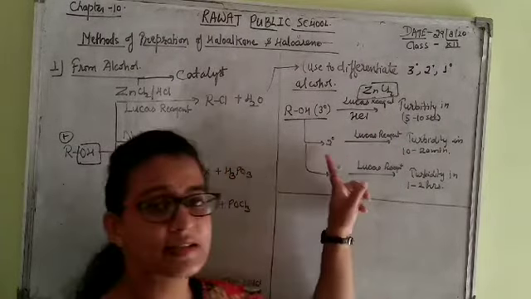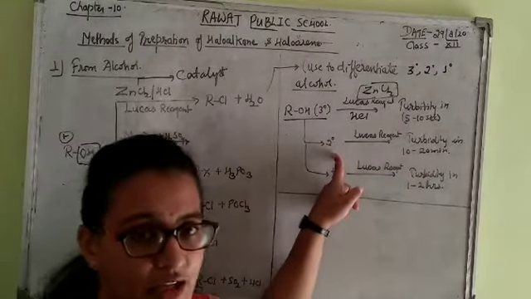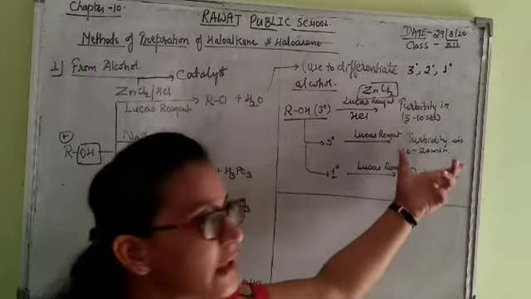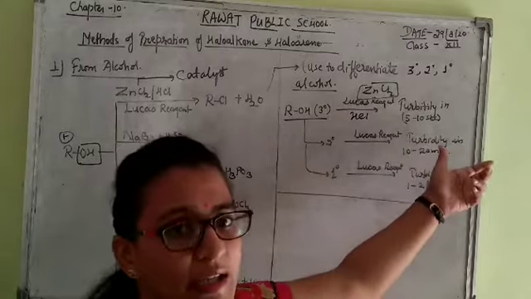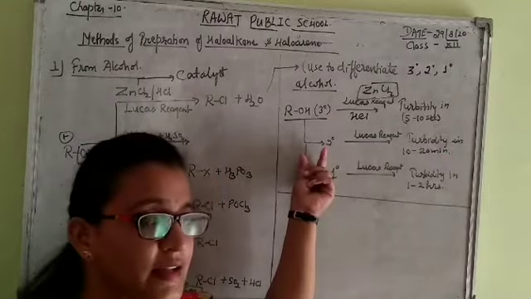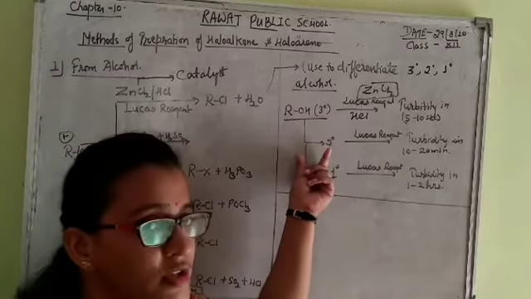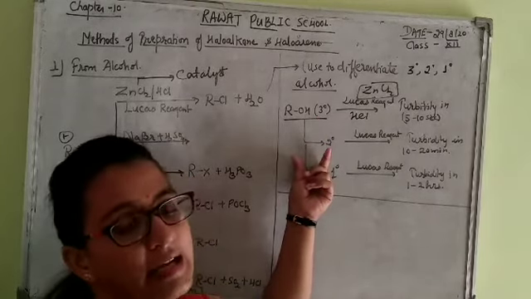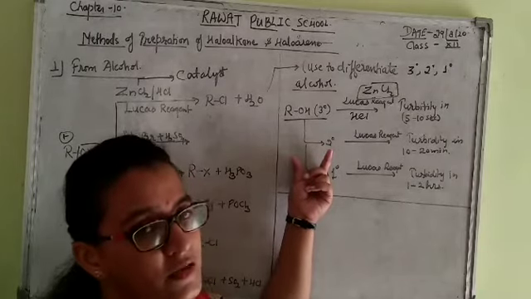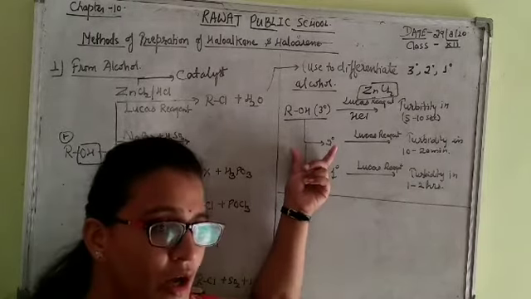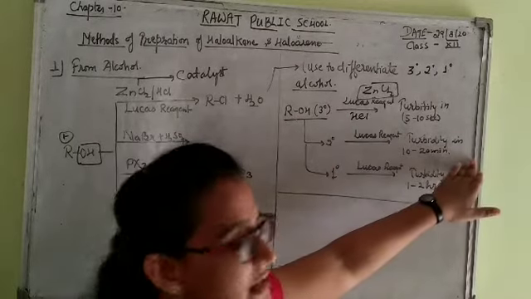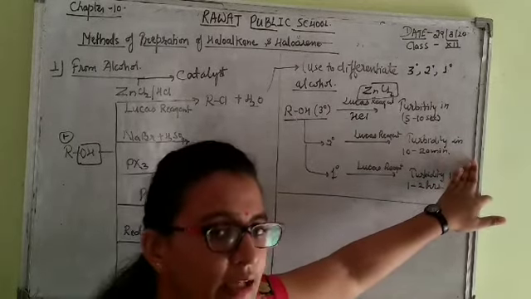Second, if we take secondary alcohols in the reaction mixture and react them with the Lucas reagent, then turbidity comes in 10 to 20 minutes. It takes some time, because what will be formed as an intermediate in secondary alcohols? A secondary carbocation is formed. It has lower reactivity than the tertiary one. So this reaction takes some time, and turbidity comes in 10 to 20 minutes.